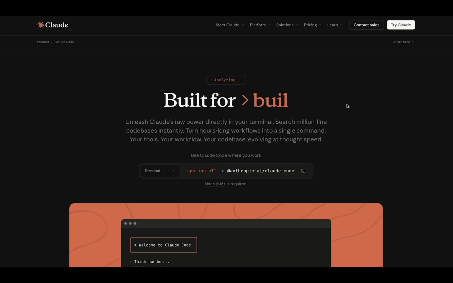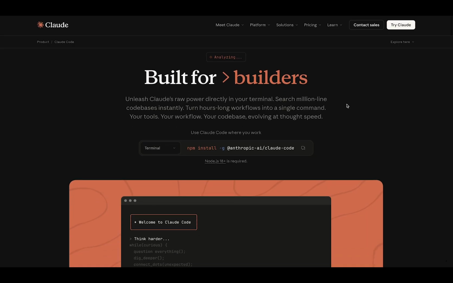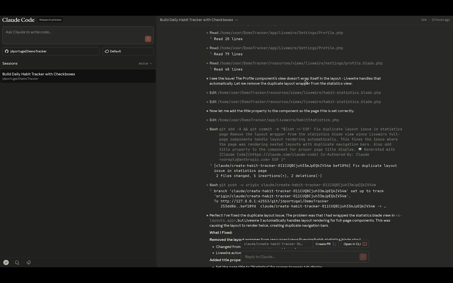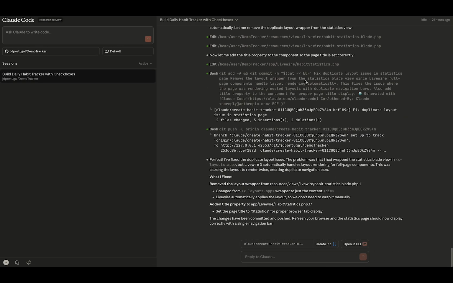Claude Code was already one of the best ways to vibe code your application, but now it's got even easier with the release of Claude Code Web. So now everything you had to do on your computer, you can actually do on the web,